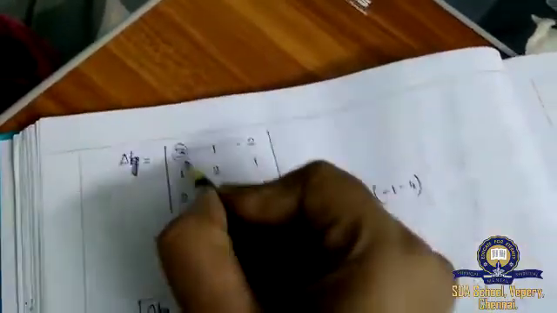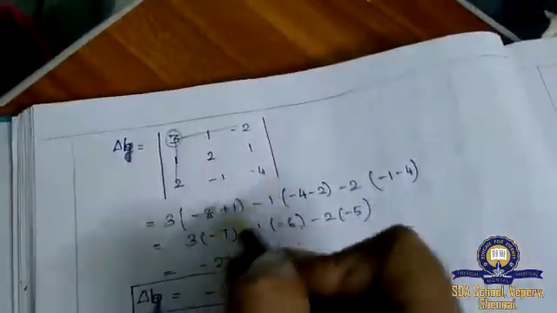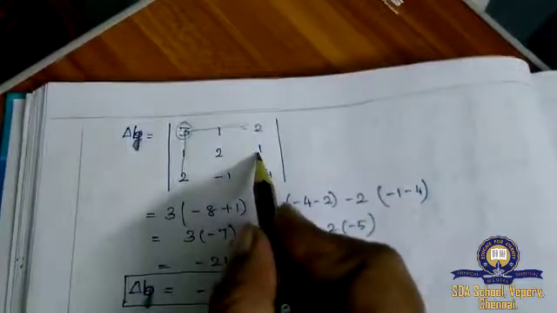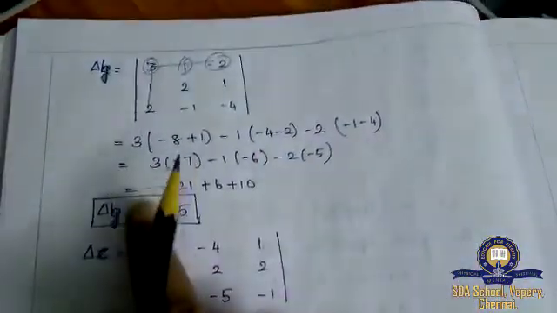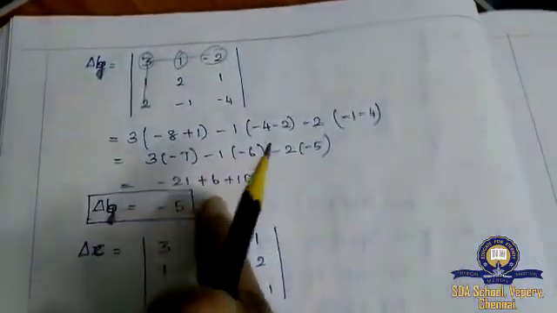So how will you take determinant value over here? Similarly, 3 corresponding rows and columns deleted. 2 into minus 4 minus 8. 1 into minus 1, you will be having plus 1. So similarly I have to do it for each element. So I have done. So my answer is delta B equal to minus 5.